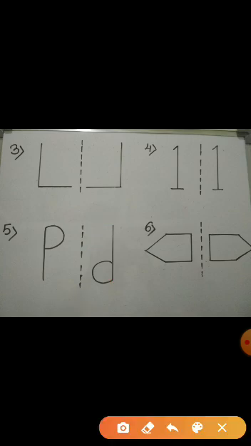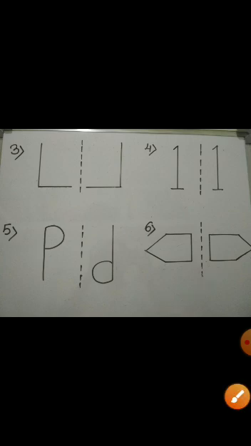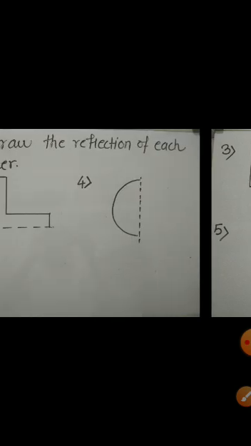And now come to the last figure. Here, what do you observe? Yes, they are mirror images of each other. So children, remember, in mirror images, the objects or the figures are almost similar to each other. Their direction is only reversed, right? The left will be right and the right will be left.